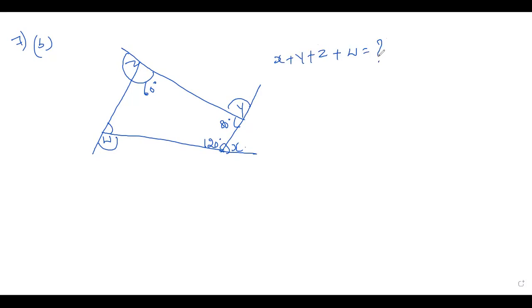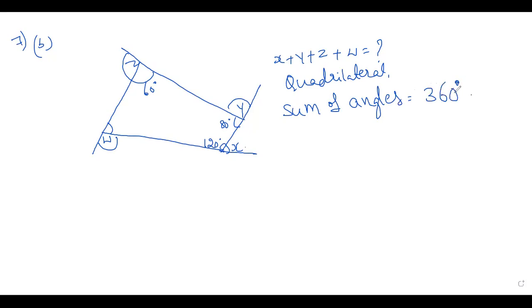Okay, you have to find all the angles. And here it is a quadrilateral, children, right? So a four-sided figure, it is a quadrilateral. The sum of angles of a quadrilateral is 360 degree. Now write all the three angles, children. You have to find one more angle here. 60 degree plus 80 degree plus 120 degree plus,